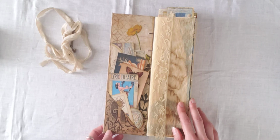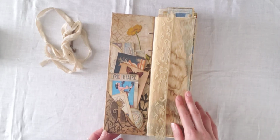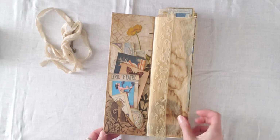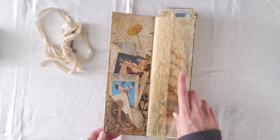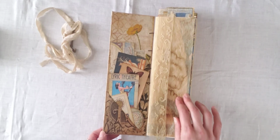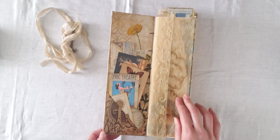So we have a whole bunch of stuff in this front cover pocket. This is one of my standard semi-blank journals. So that means that there's a front cover pocket with a whole bunch of ephemera. There's a nameplate on the back cover. There's a bookmark, there's a tissue guard with a title page, and then there's, oh gosh, I can't remember exactly how many digital stamps and hand stamps I put in here, but I'm gonna say